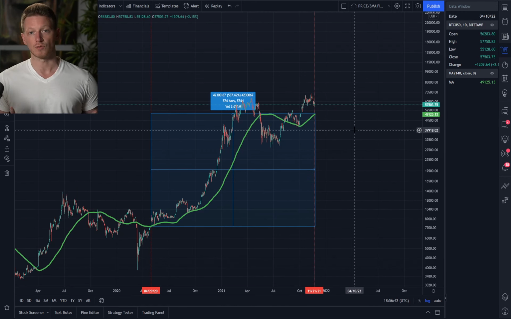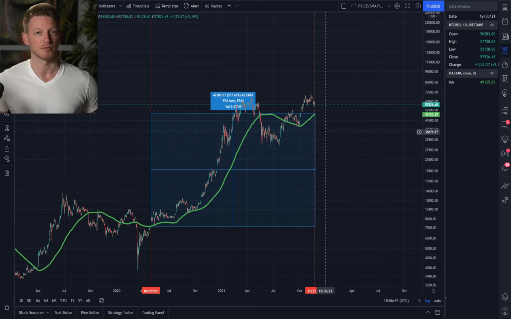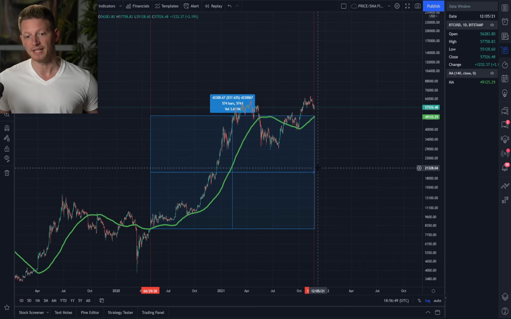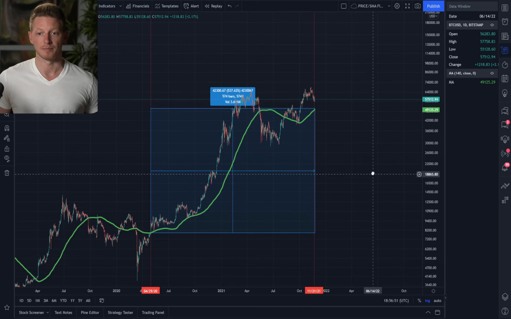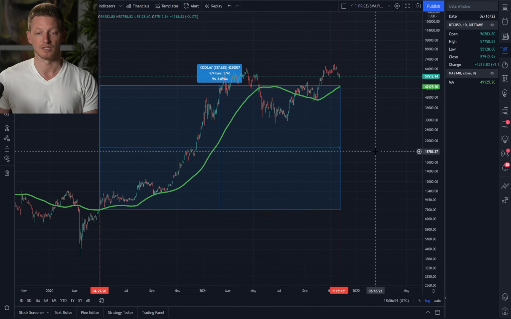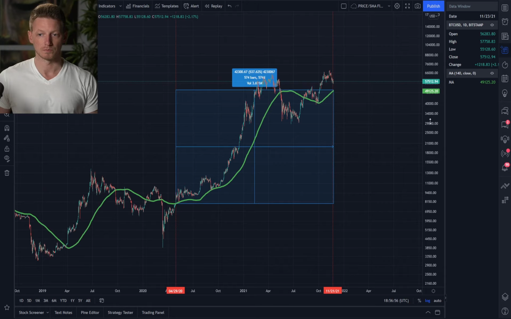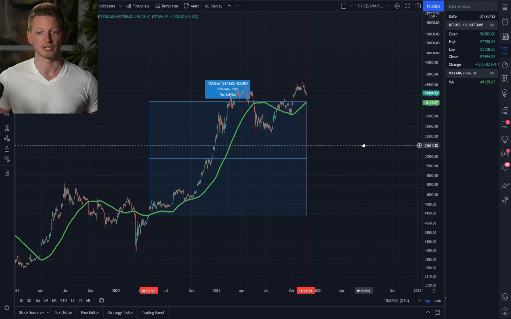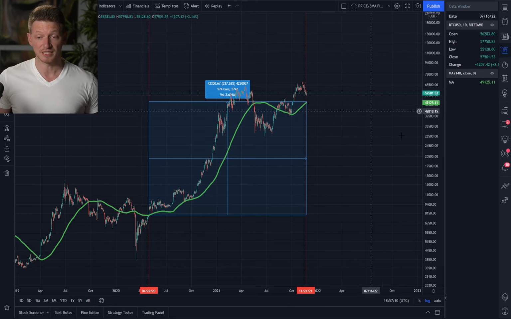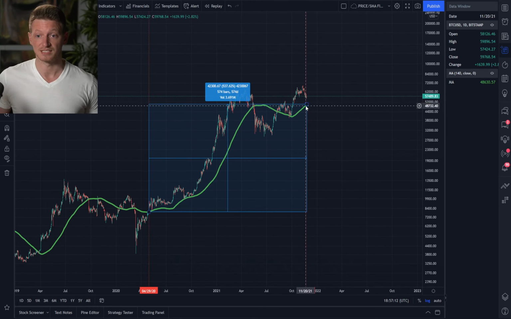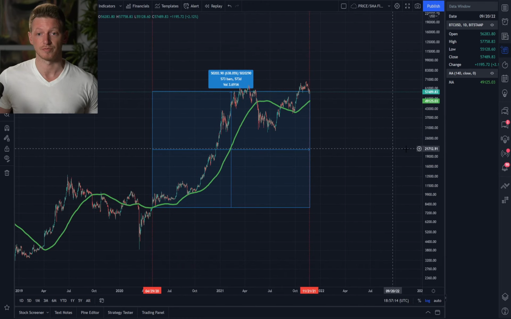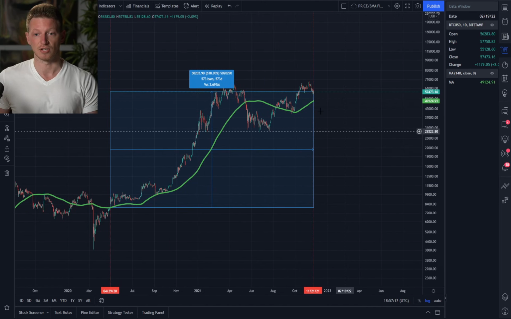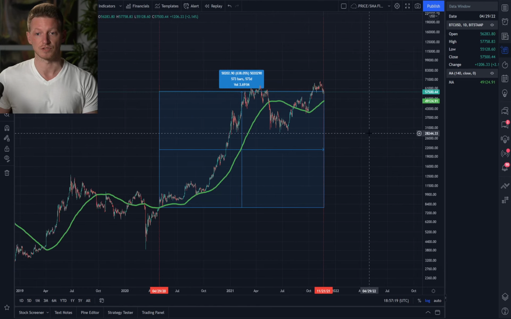We could go below the 20 week again as a manipulation of the market to drive it below the 20 week to make the retail market think that the market cycle is over, when in fact they're just running it down so the bigger institutions can enter the market. Because I assure you, a lot of them want to, but they probably don't want to get in at 67,000. Okay, so it's just something to think about, and like I said, keep where we're at in perspective before you start getting down on the market that's just been going sideways for some time now.